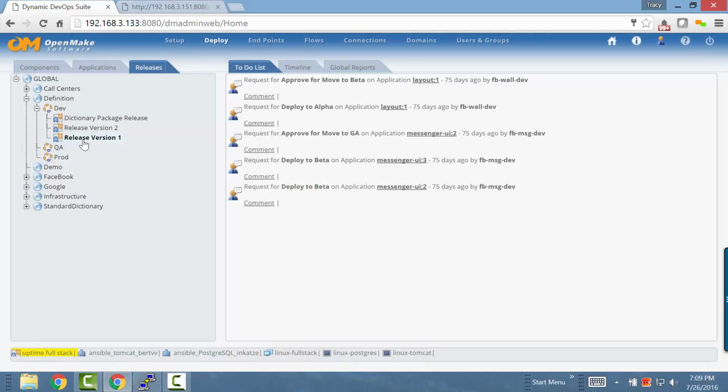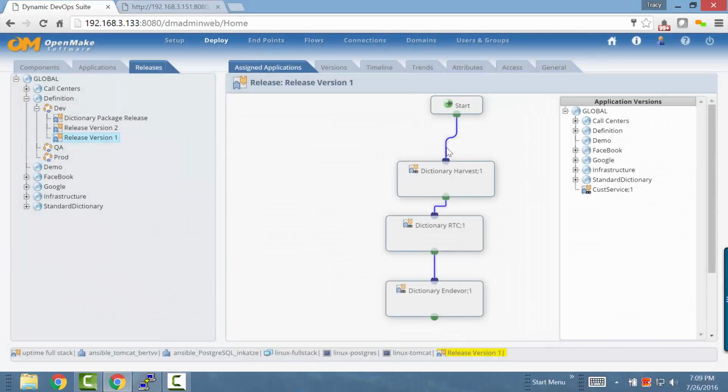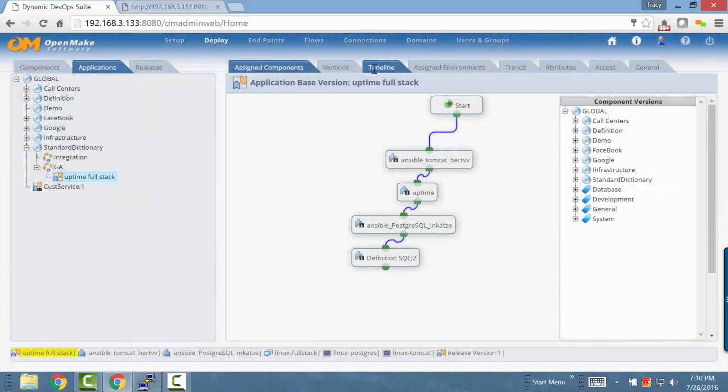Also, applications can be grouped together into what we call a release. So we'll look at release here. In this case, we have 3 different applications that are all grouped together in this one release. So you can pull together different application teams that need to go on the same server and have everything in place there in one high-level view. So let's go back over to our application, look at our timeline again,